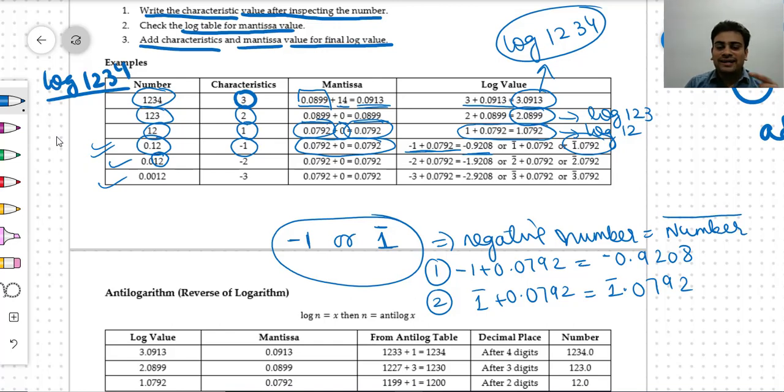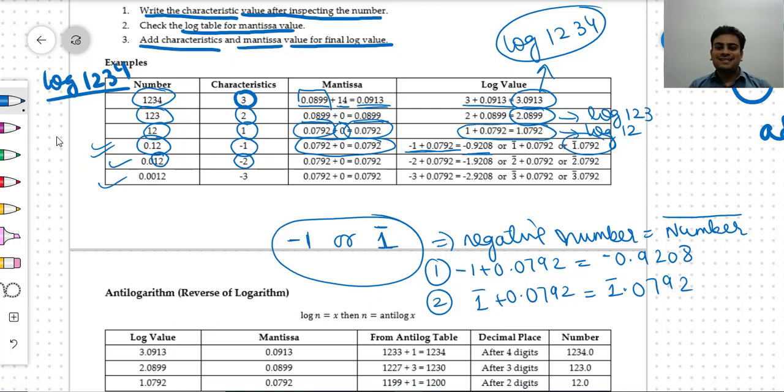The key point is that for the characteristic, you need to look at the number of zeros. In this case the number of zeros after the decimal is 1, so you need to add 1 to the number of zeros. It means your characteristic is -2. And now we know the characteristic, and your mantissa will be the same, because ultimately my number is 1 2 only. You do not need to look at 0 1 2 or 0.012, because for the mantissa we always look only at the number part.